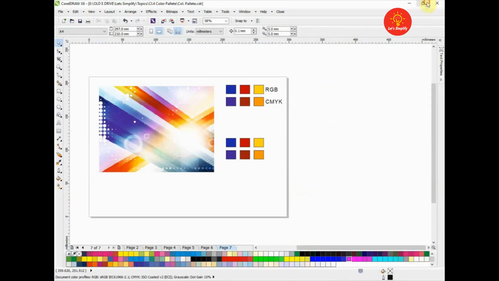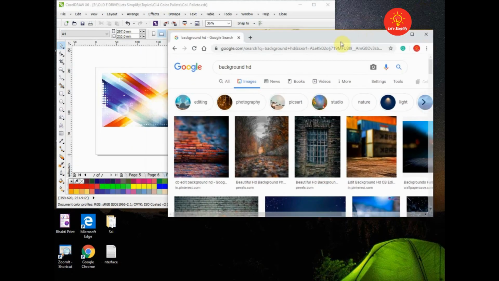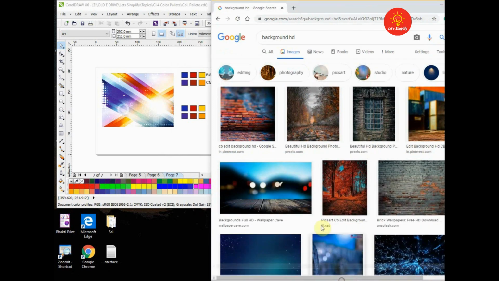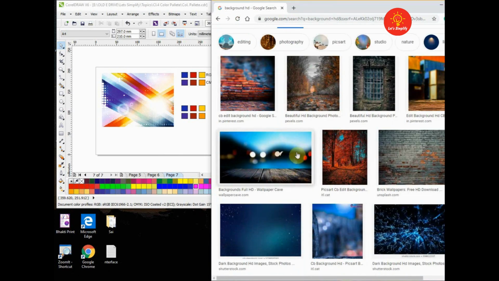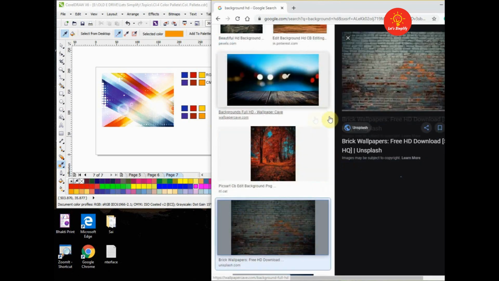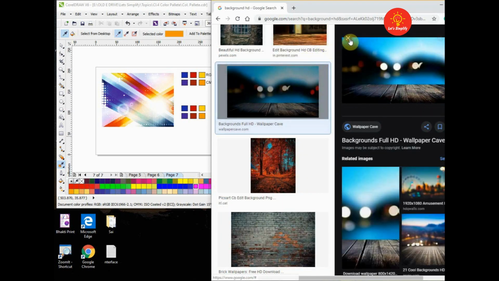Now if we want to select any color from an image that is on the internet, and add that color into our color palette without downloading or importing that image in our CorelDRAW, and for that if we select our color eyedropper tool to make the selection, then we can see that we are not able to add those colors into our document color palette.